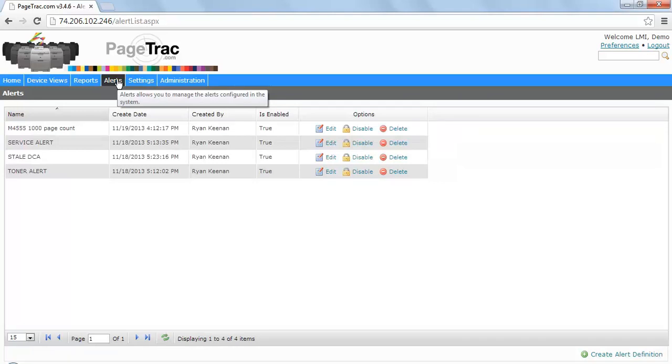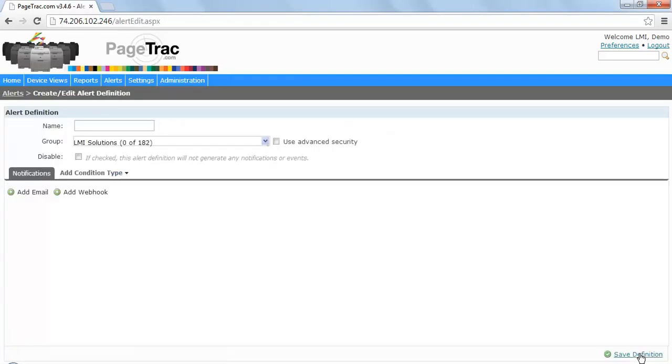As you can see, any existing alerts will be shown here. To create a new alert, select Create Alert Definition in the lower right-hand corner. First, we will give our new alert a name, and we will need to select the group on which to